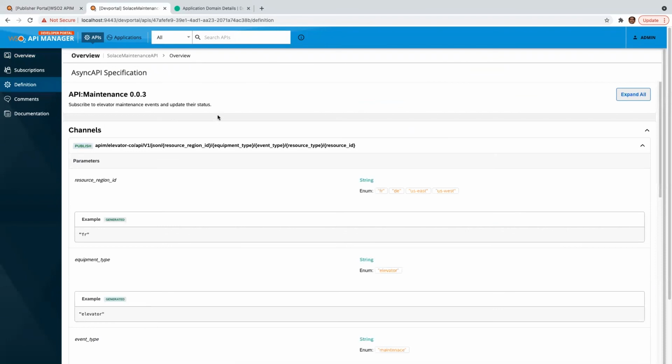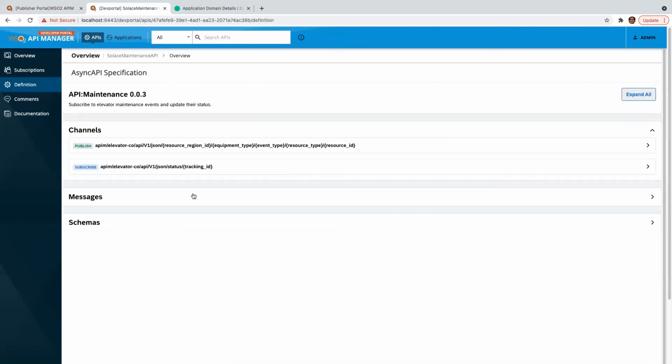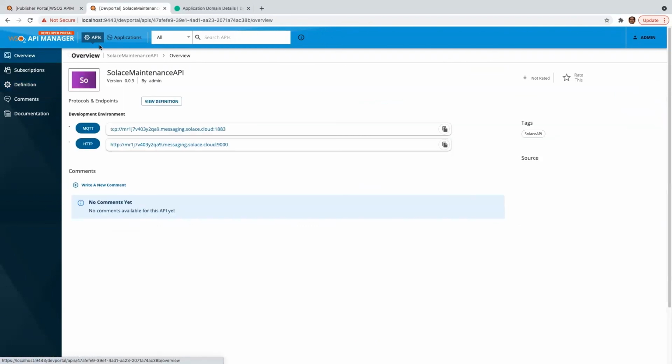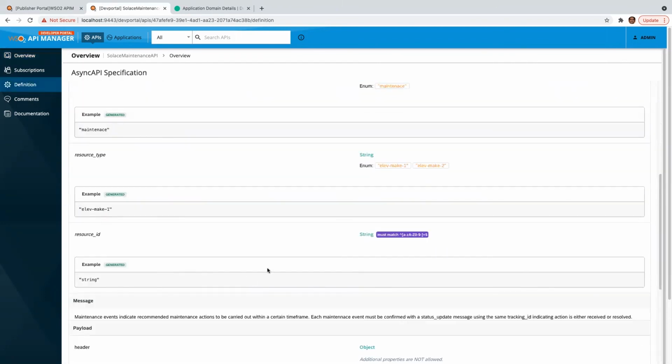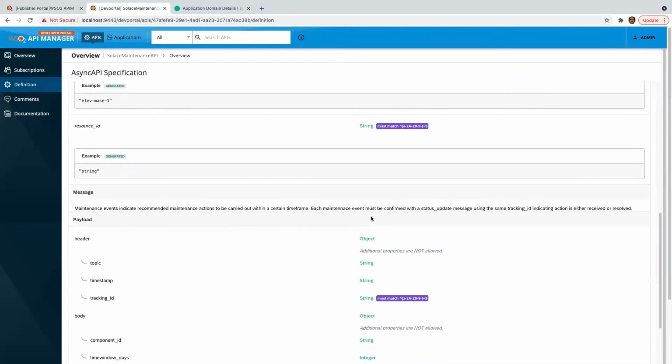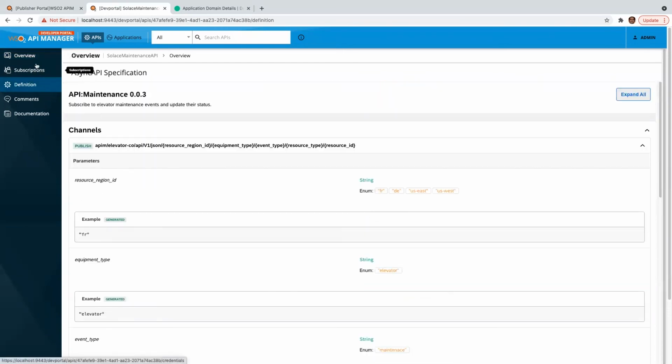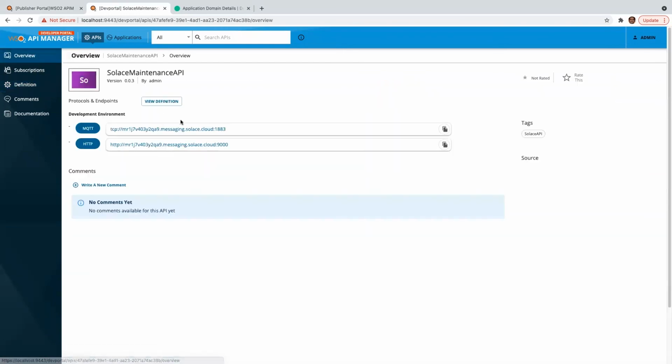So now the application developers can very easily discover all the information, not just that the API and the endpoints are there, but also other information such as the event types and example payloads, etc. So this way, it's a very convenient way of discovering what could have been just a raw set of topics.